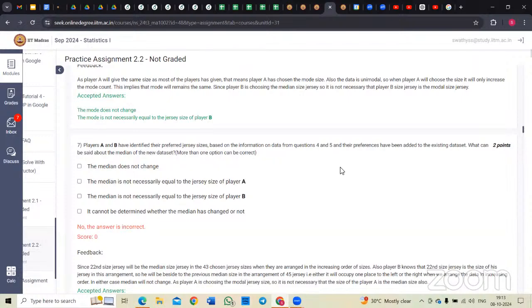मैम, क्वेश्चन नंबर 7 में जो थर्ड ऑप्शन है, द मीडियन इज नॉट नेसेसरली इक्वल टू द जर्सी साइज ऑफ प्लेयर बी, अगर इसमें साइज एस मेंशन किया होता तो ये ऑप्शन सही होता। पर हमें मीडियन तो पता ही नहीं है, हमारा मीडियन क्या है। तुम्हें क्वेश्चन में पता है मीडियन क्या है? हमारा एस भी हो सकता है, एम भी हो सकता है, कुछ भी हो सकता है।